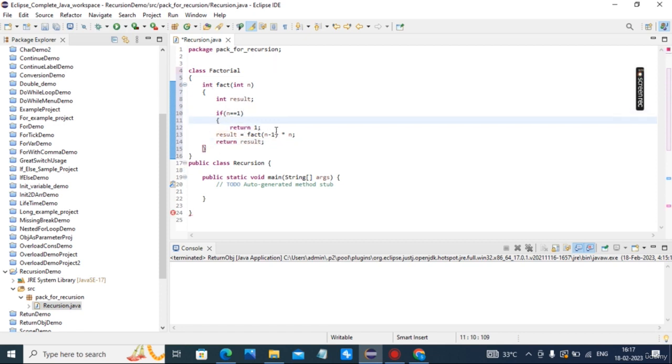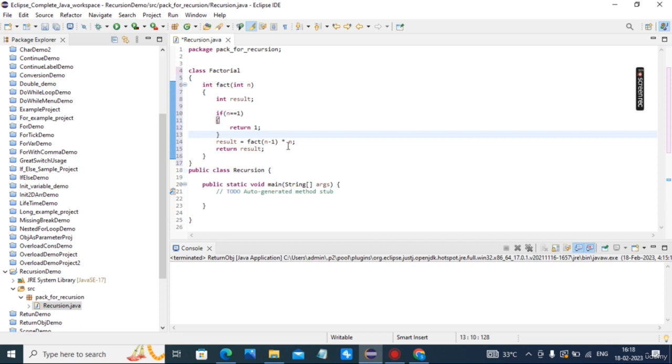Yes, return 1, else I will return the result, n times factorial of n minus 1.